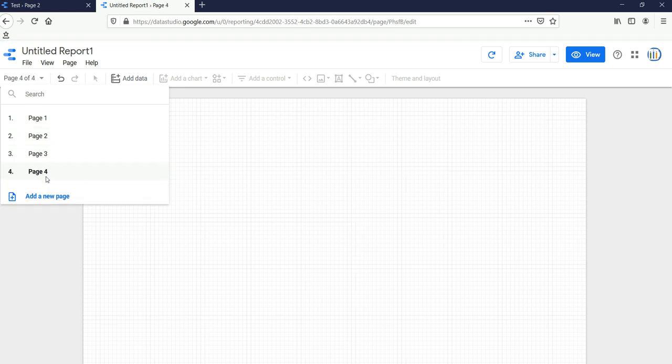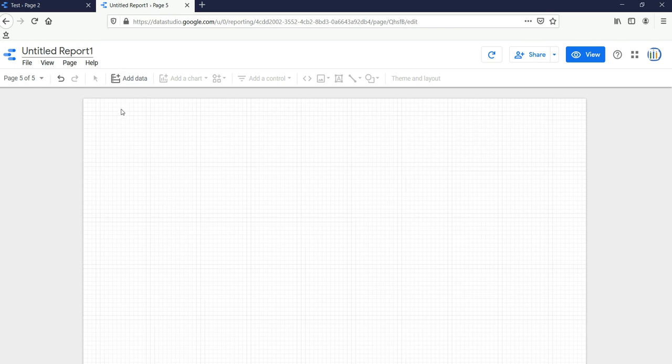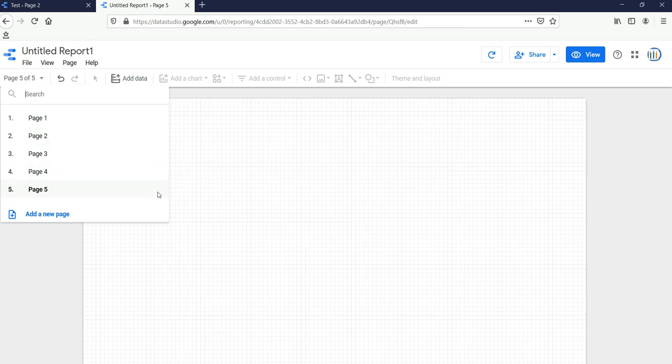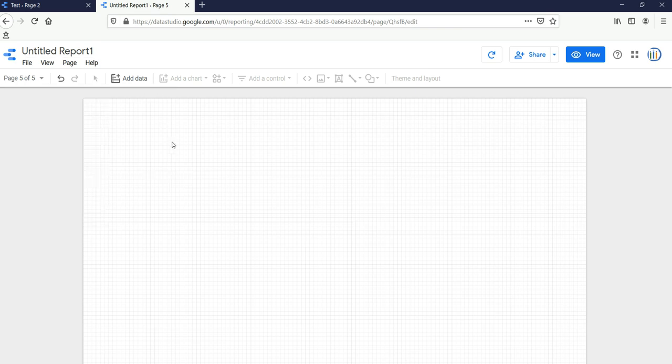So what will happen is that whenever you create a new page, the page number will be provided by Google, okay, and you can rename it. I'll show you the renaming in the next video, but the thing is that you can change the order of these pages also. So what you need to do is you just need to select this page, okay. Once you select this page, or if you have added certain charts or graphs on these pages, then you will be able to sort the pages based on your requirements.